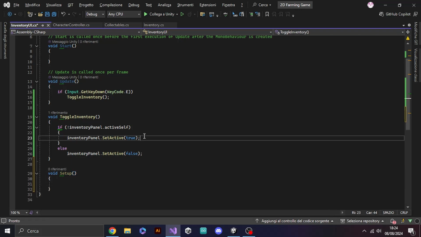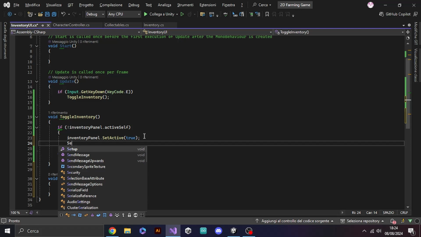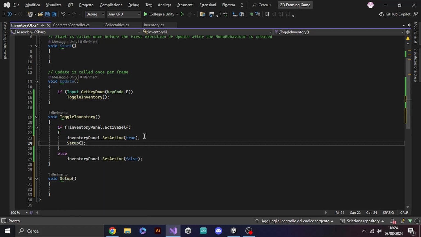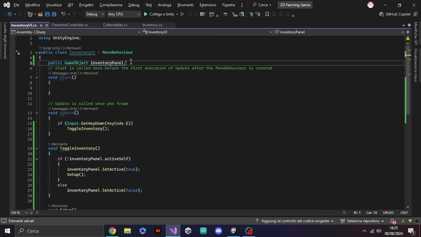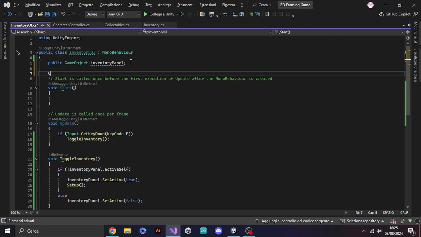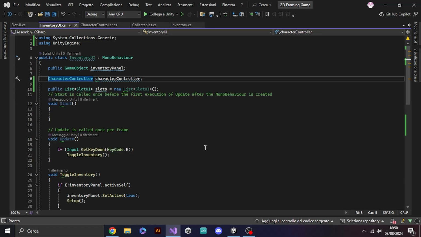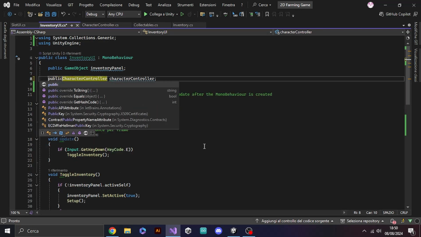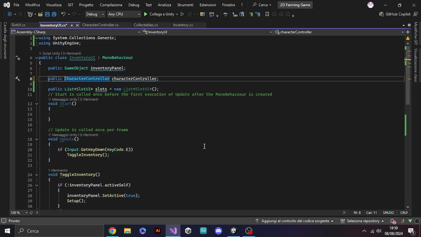After turning on the inventory panel game object within the toggle inventory function, call a setup function to handle the UI updates. Before setting up the UI to display the player's inventory, we need to access the player inventory itself. To accomplish this, declare a new public variable of type character controller. This will allow us to link the player's inventory to our UI, enabling the UI to mirror the player's inventory